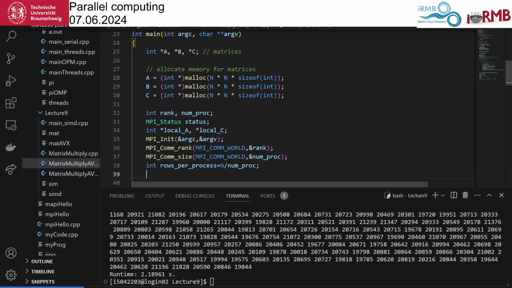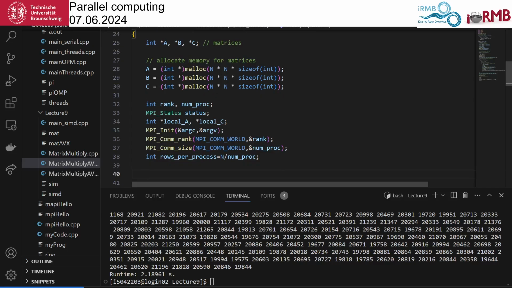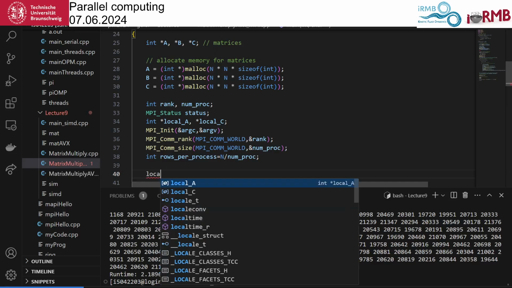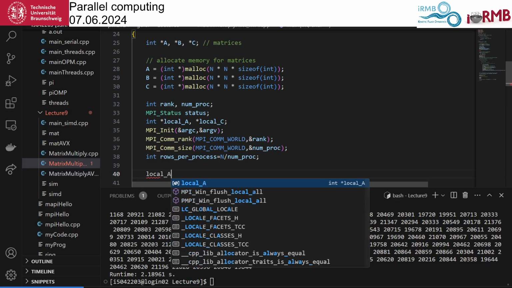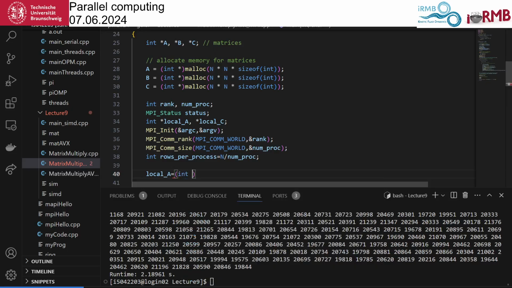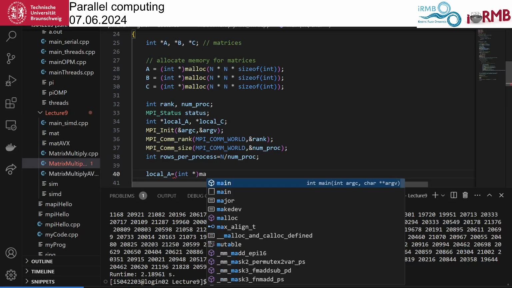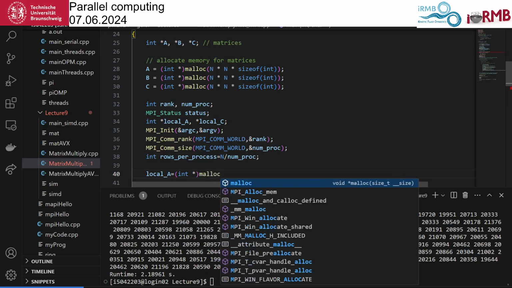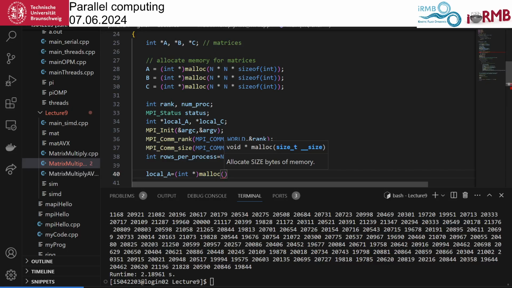So now we have to do the allocation for the memory of the local variables. So we have local A, we have to allocate this. We'll allocate for an integer. We do malloc. So how big is this?